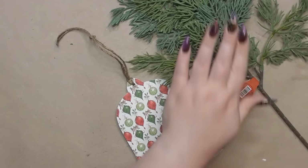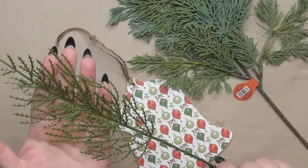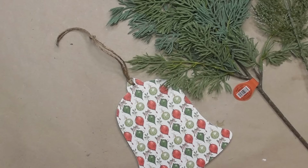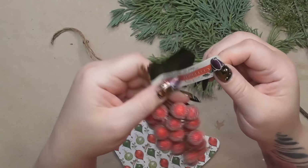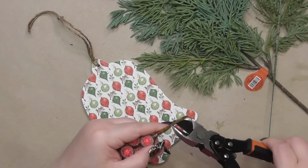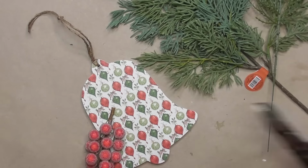But we're going to decorate now. So this is my newest, ignore this guy right here that's an Amazon purchase. I do use these later on in the video, but not for these two ornaments here. Now this one right here to the right, that is a Hobby Lobby one. This here is a berry pick I got from Michael's many years ago. I'm talking about so many years ago that it probably was like before...